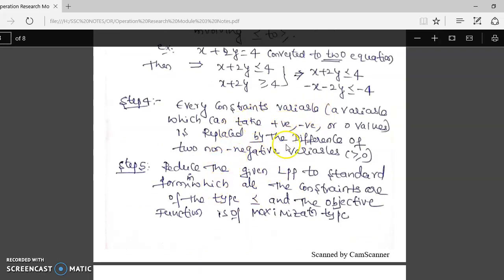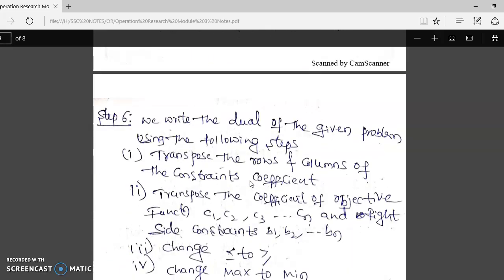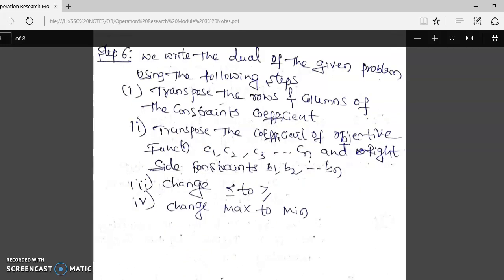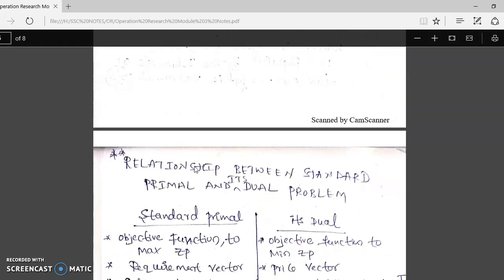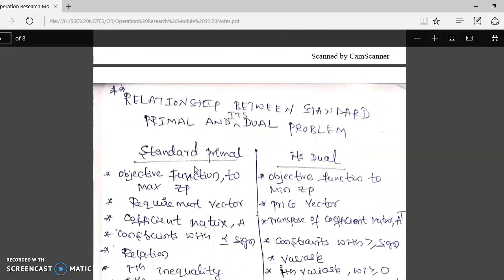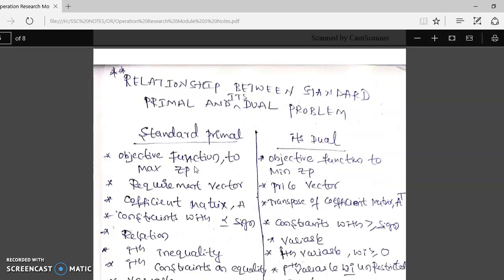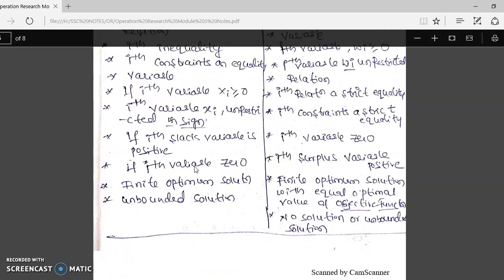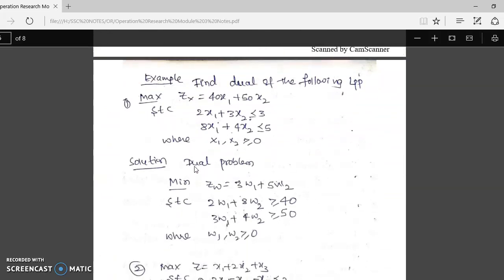So just go through this, the same thing is explained here. Then for converting the primal equation to dual, we perform some transpose. While solving the example, you will come to know. Then next is an important bit from the exam point of view. Many times in the question paper, this question is a compulsory question. So just go through this theoretical part. Then we start with the problem.